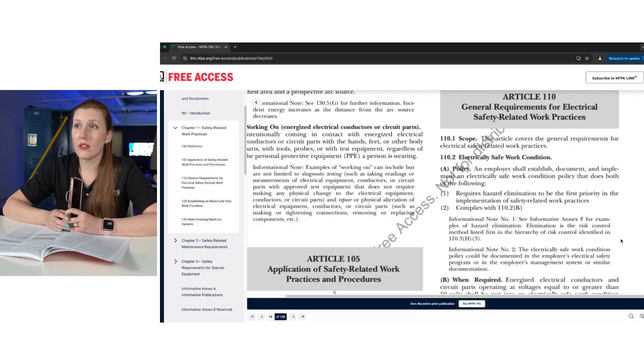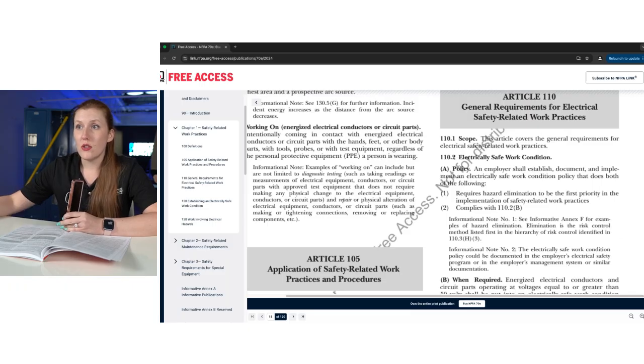It's the article for general requirements for electrical safety-related work practices, okay? 110.2 though is that electrically safe work condition, making it very clear, specific, and explicit that you have to have a policy stating that you have to establish an electrically safe work condition prior to working on electrical components